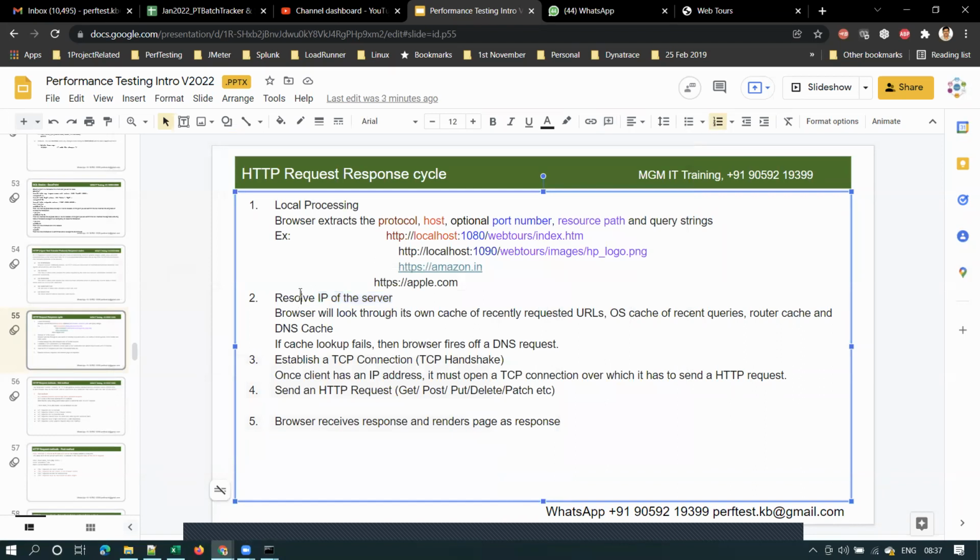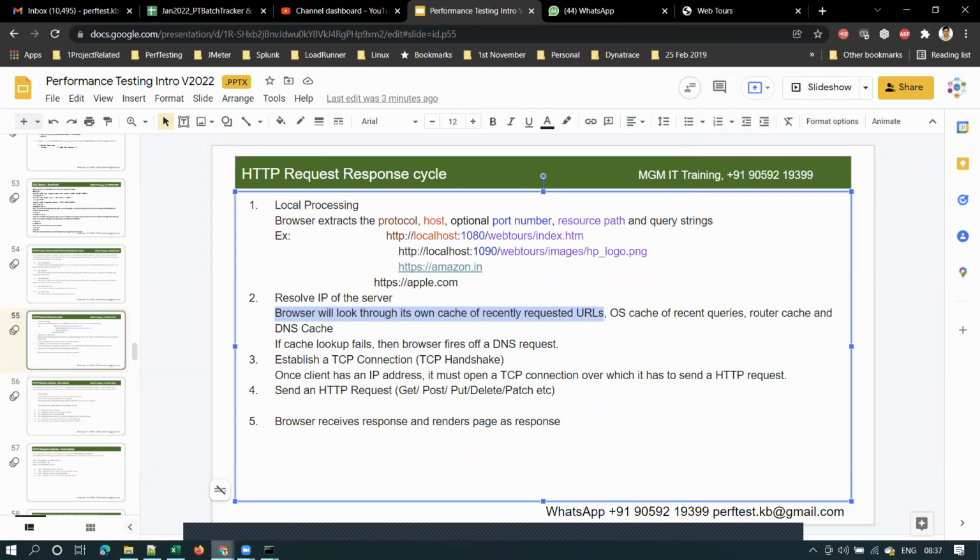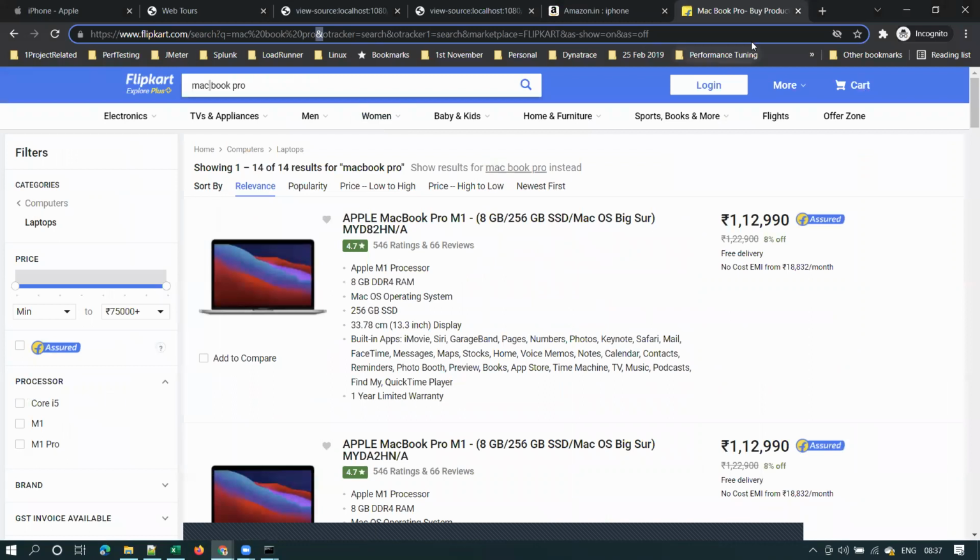So what the browser does is look through its own cache of recently requested URLs. That means the browser will check if this particular URL was accessed recently, right? The browser maintains a browser cache. Every browser will maintain its own browser cache.